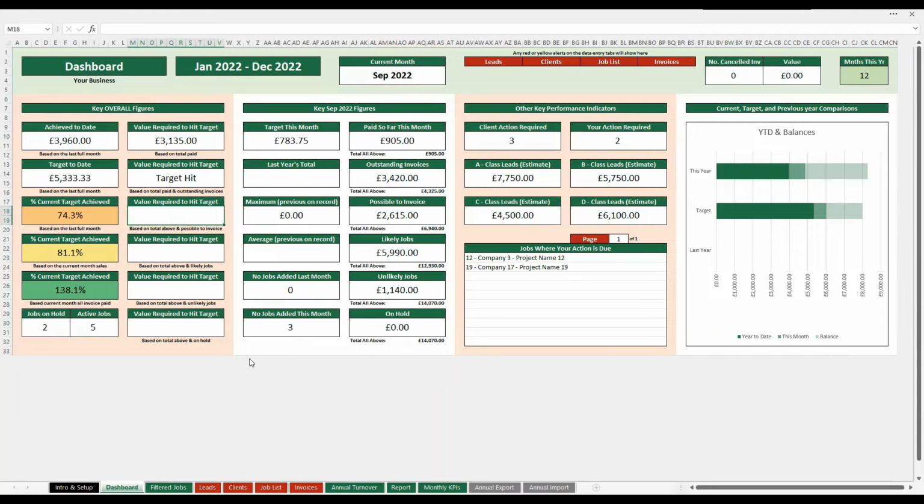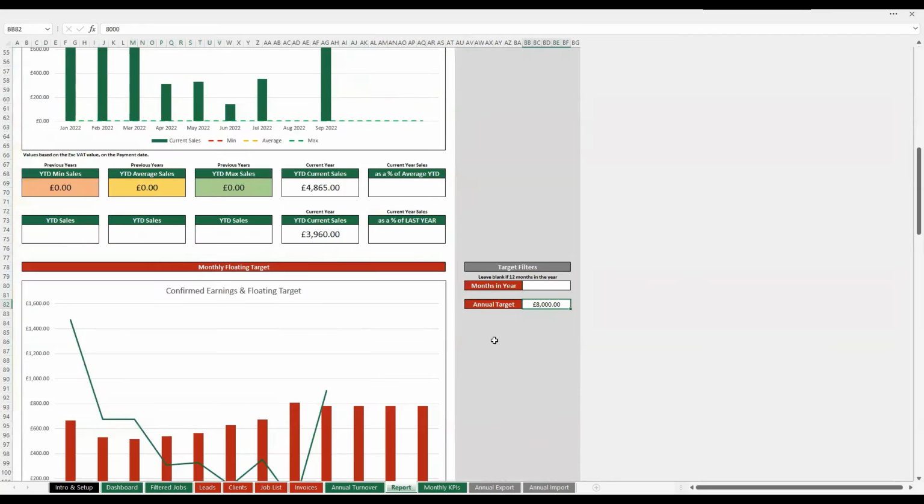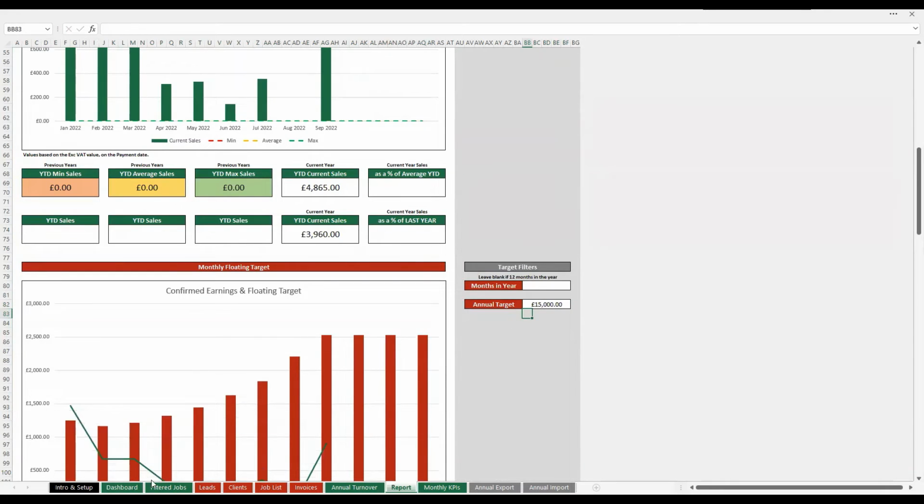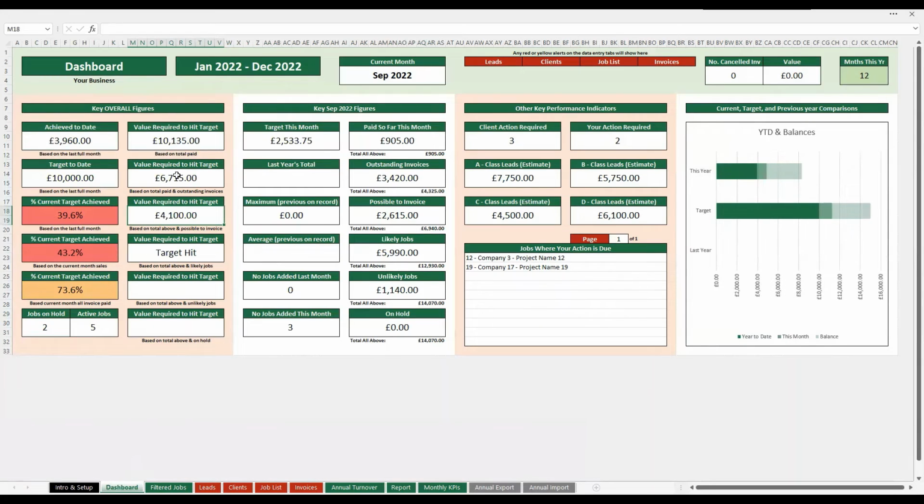So you could see, for example, let's just raise that target, and then you'll be able to see what I'm talking about. If we say, for example, 15,000, and we go back to the dashboard, now all of a sudden you see here, it says that's what you've got left on your target. If we have all the outstanding invoices, that will be left on your target. If everyone that you can invoice, it's possible to invoice, i.e. all your current jobs are all invoiced up to date, then that's what you'll hit. And if you get all your likely jobs in, then you'll actually hit your target,